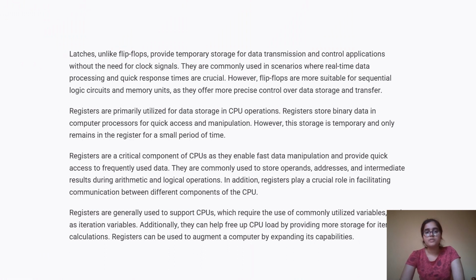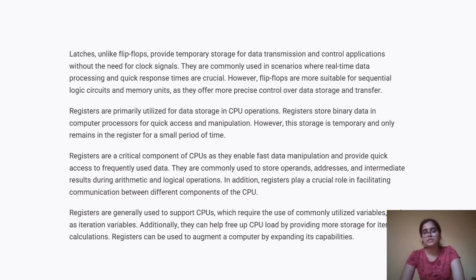Latches, unlike flip-flops, provide temporary storage for data transmission and control applications without the need for clock signals. They are commonly used in scenarios where real-time data processing and quick response times are crucial. However, flip-flops are more suitable for sequential logic circuits and memory units, as they offer more precise control over